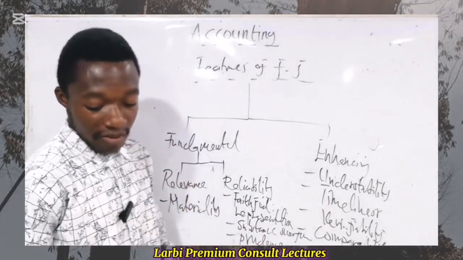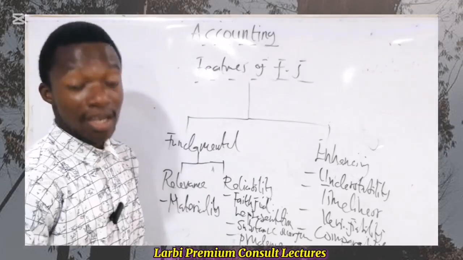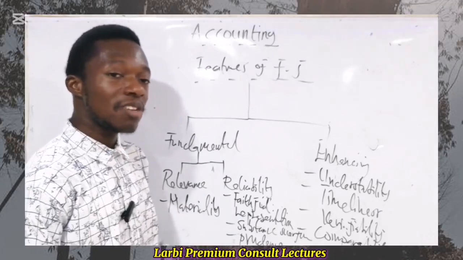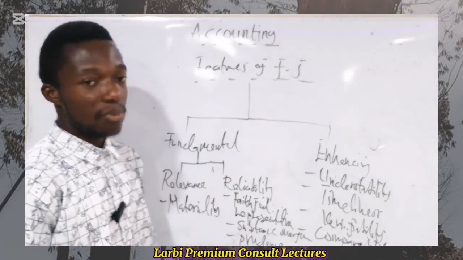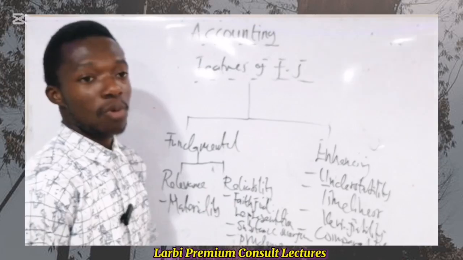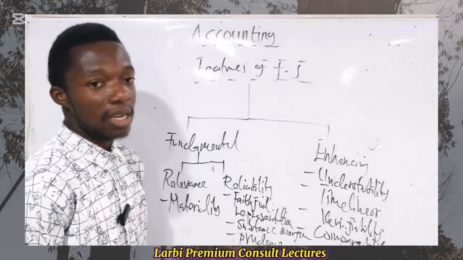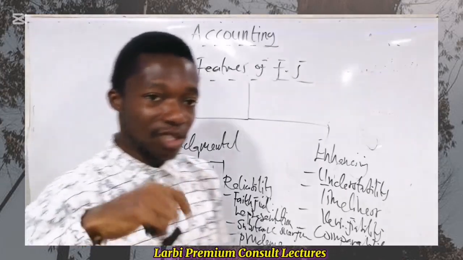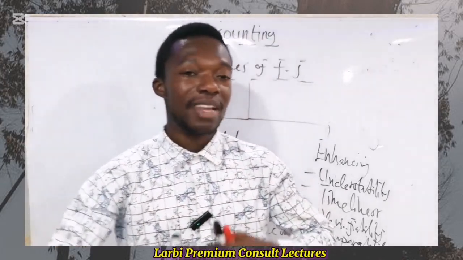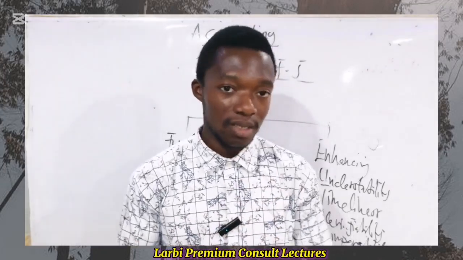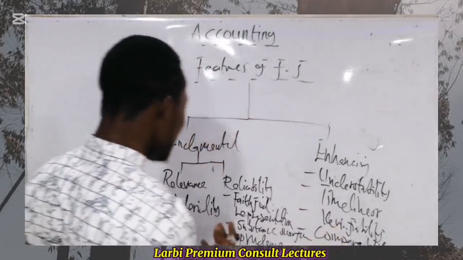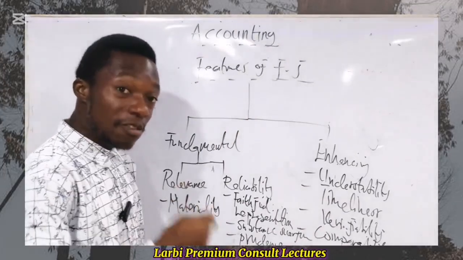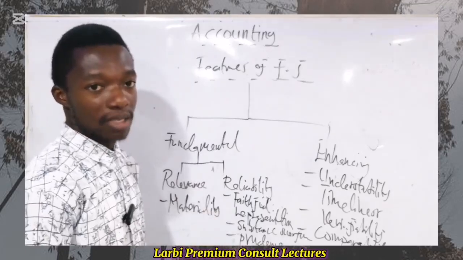So information is relevant if it can influence decisions made by the users of the accounting information, in order to help them to evaluate the past, the present, and the future, even to make corrections in the previous financial statement. So relevance means that the decision that these users make should be able to be influenced by the information. So that is the nature of relevance. If something is relevant, it means that it can influence the decision you're going to make going forward, right?